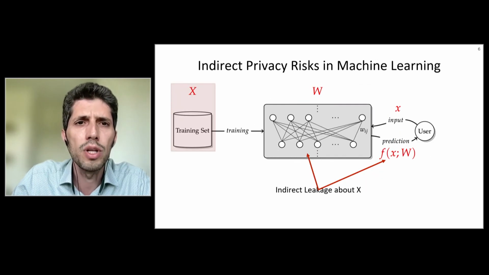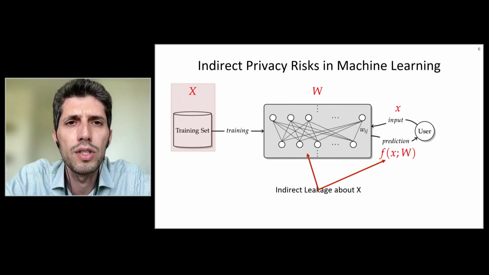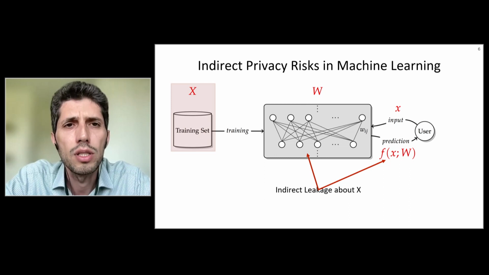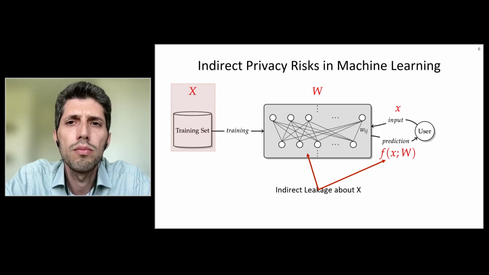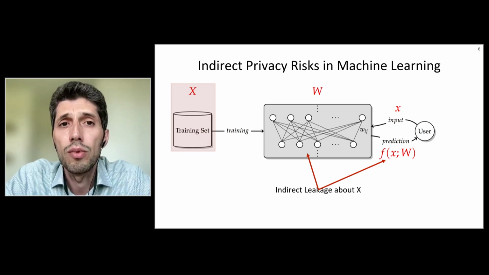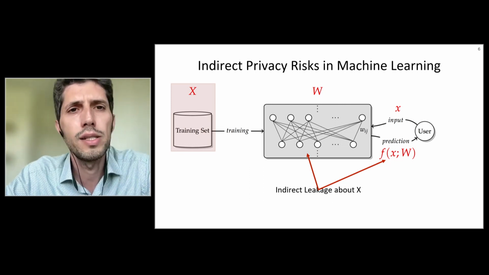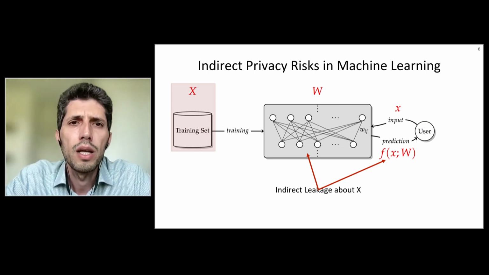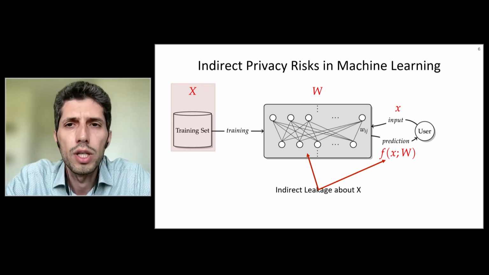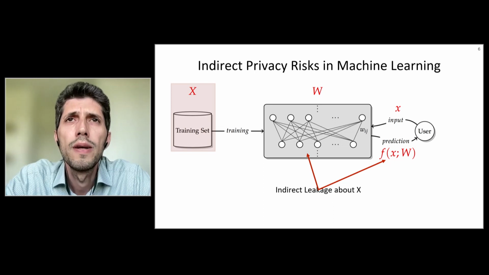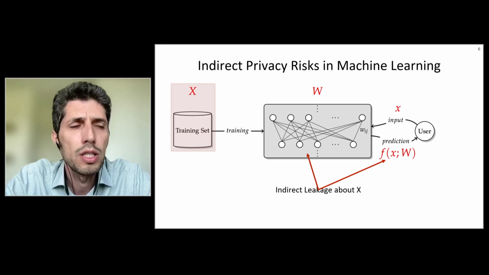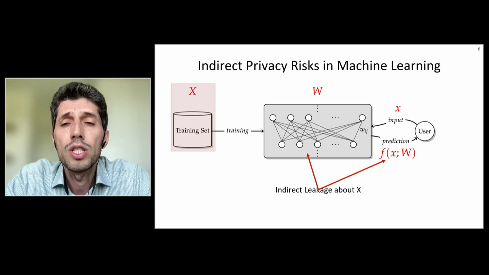Something which is a little bit more subtle is the indirect privacy risks of algorithms. And that is when an entity, an authorized entity, has access to the output of an algorithm. So for a machine learning algorithm, the output is a model, right? So we run a training algorithm on some private data, we output a model, and that model would be able to do, let's say, predictions or generate data and so on and so forth. We do want our users to use the model, to have access to the model. We deploy these models in products, and we want to know whether there is any risk involved with respect to